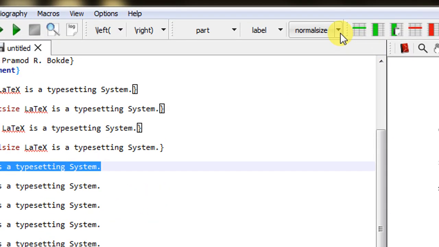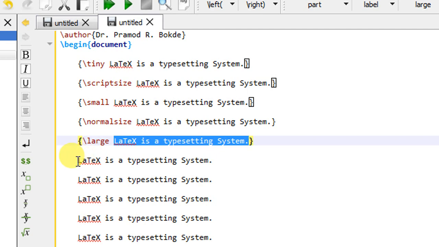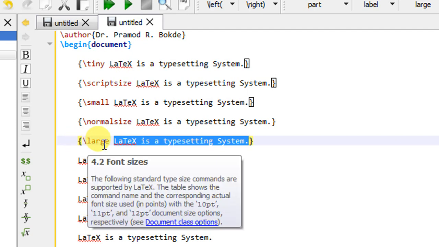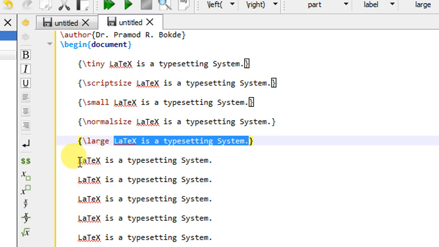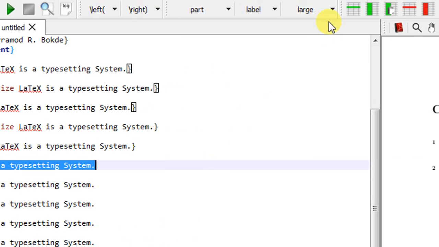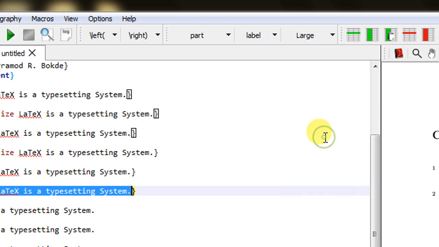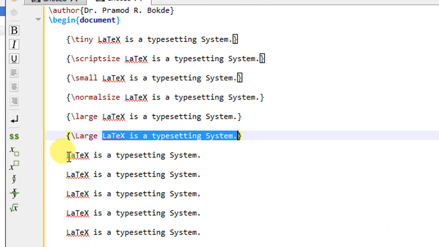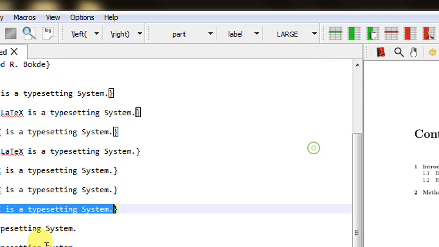Again I select, go here, then large size. For large size, the command is backslash large. All these letters are small case letters. Again for the next, I will select, go to the button, then capital LARGE. Similarly, I will apply all the font sizes to the remaining sentences.